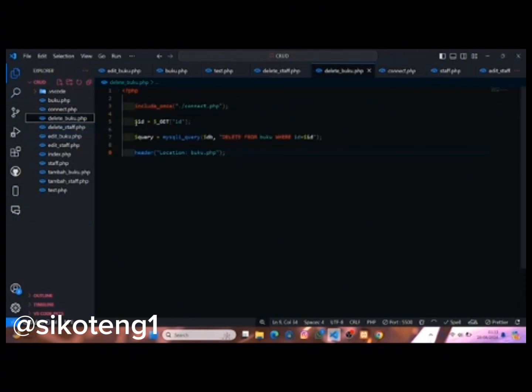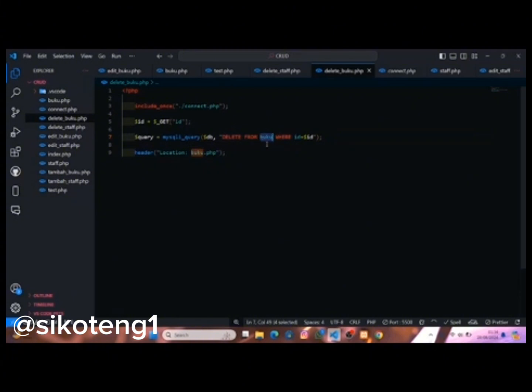Okay, and then $id equals $_GET with the variable id, then the query, and the variable db, delete from, and this is customizable.